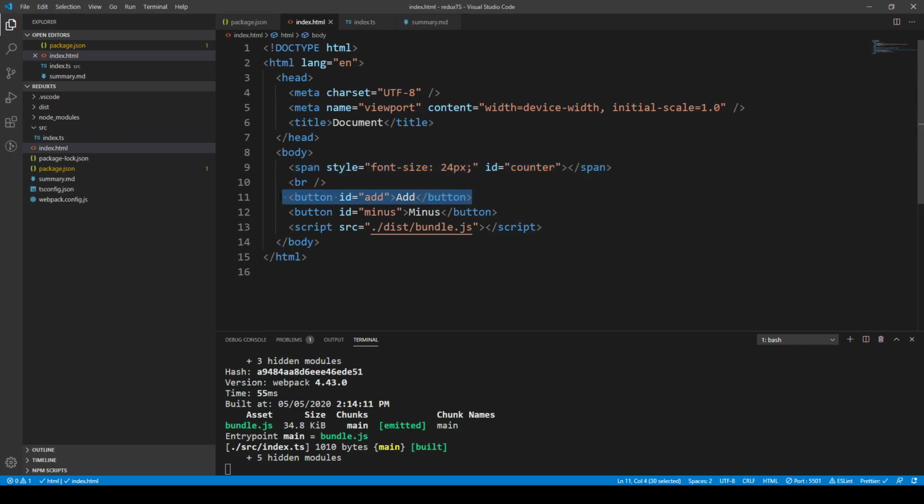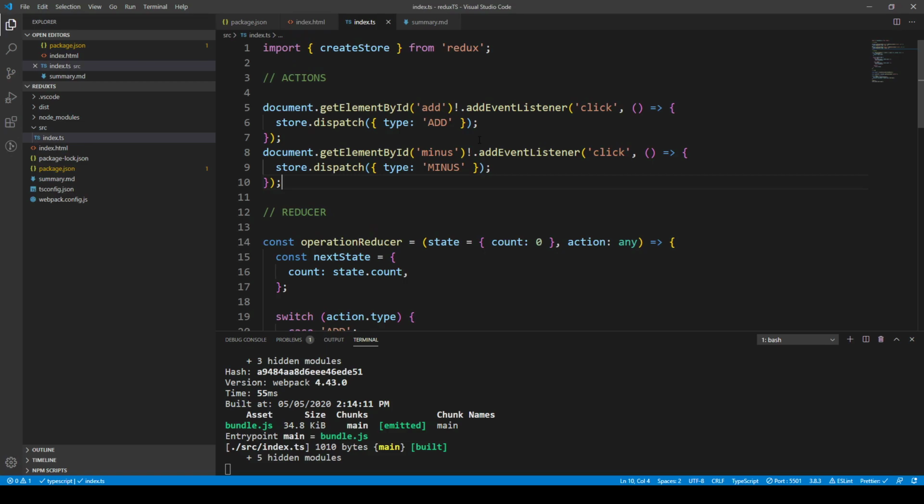So if you click the add button, it would increment the counter from 0 to 1 or 2 or 3, and if you press the minus button, it would subtract 1 from that counter score. And the way we did this was we created an action. So an action was an event listener for the click event, and the action itself, we dispatched an action to the store of the type add and the type minus, and then the store